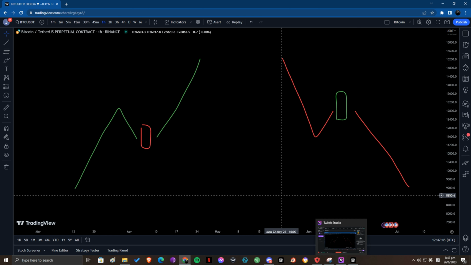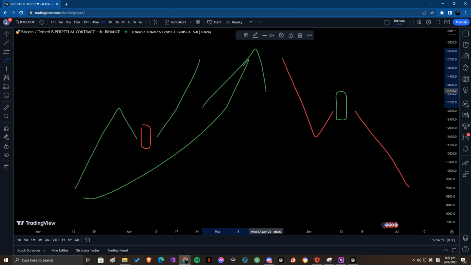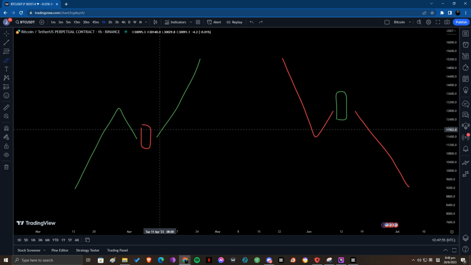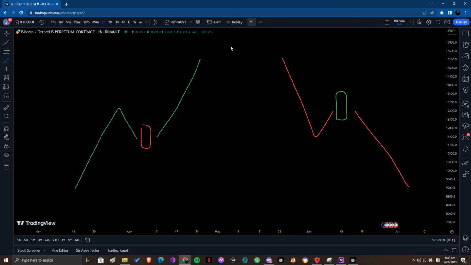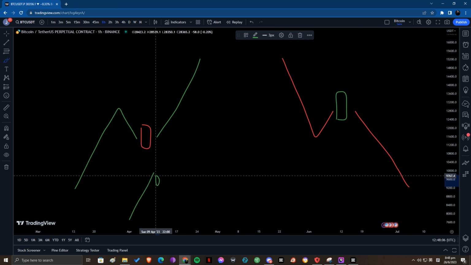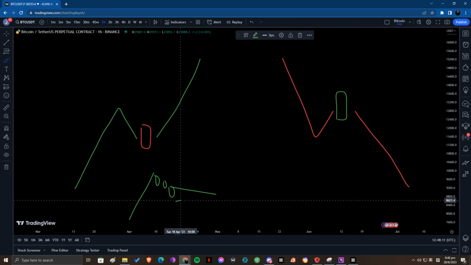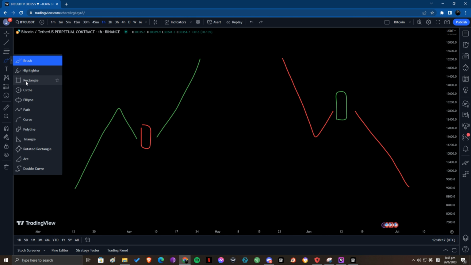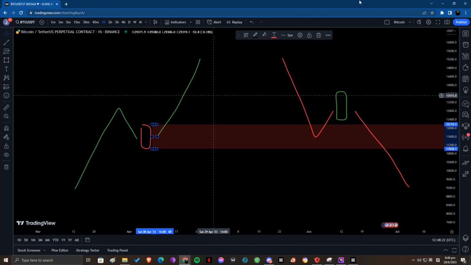So, an order block is, if you're in an uptrend, or what we call an up move, if we're going up, what we're going to see is the last white candle or the red candle before a move up. If you know what bull flags are, essentially we're going to have multiple candles, but the last white candle or the red candle becomes the order block. This becomes the order block. As simple as that. How we draw our order blocks is usually we use a rectangle tool and we just draw it out. This is what we call an order block.